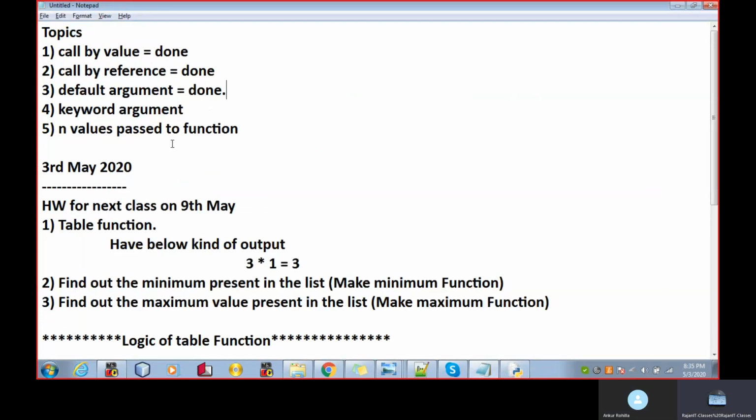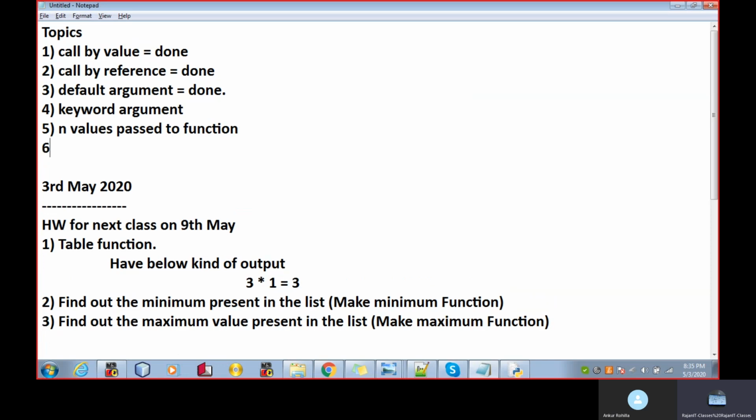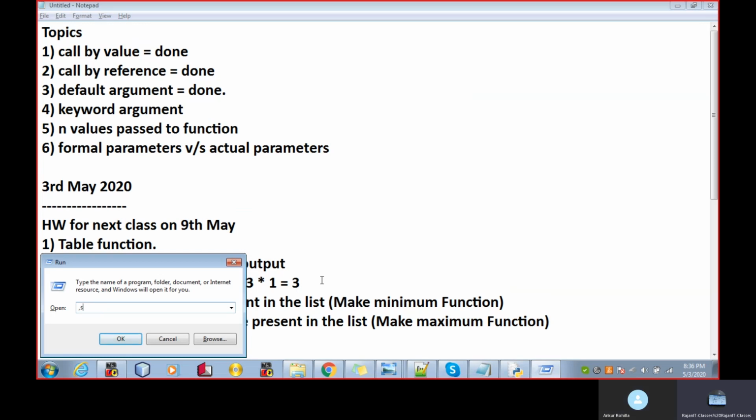Okay. Now I'm going to discuss one more topic: the formal parameters versus actual parameters. Okay. So let me draw the figure.